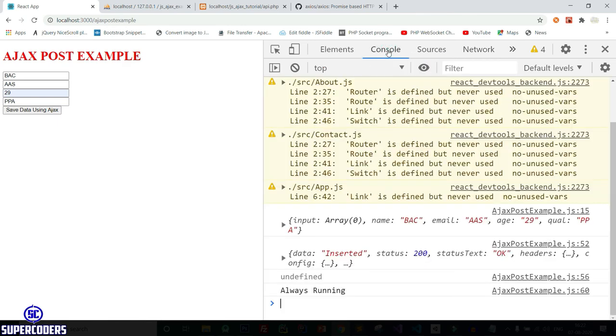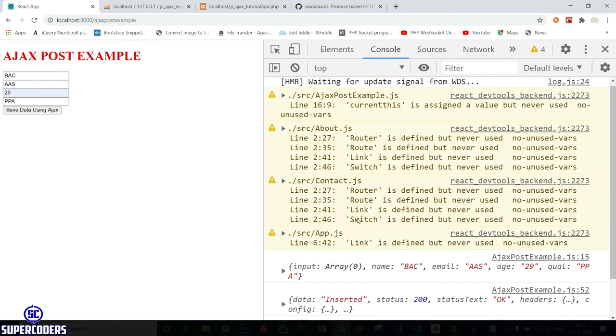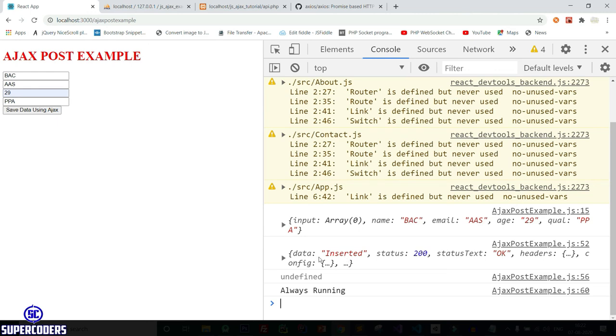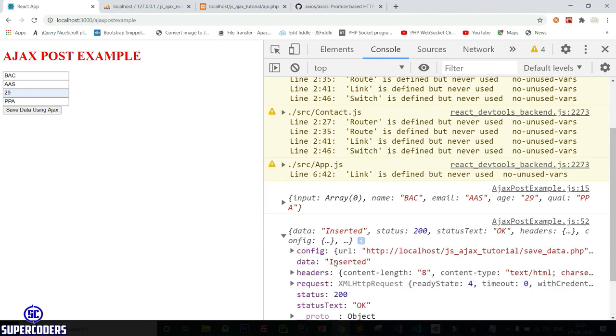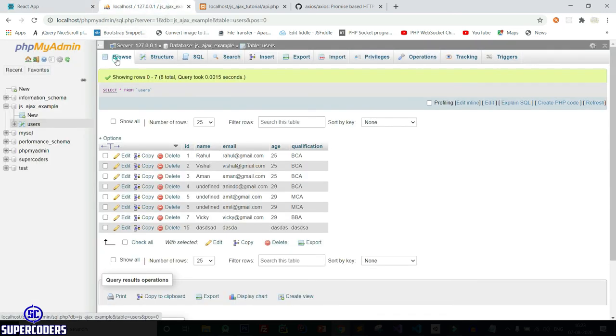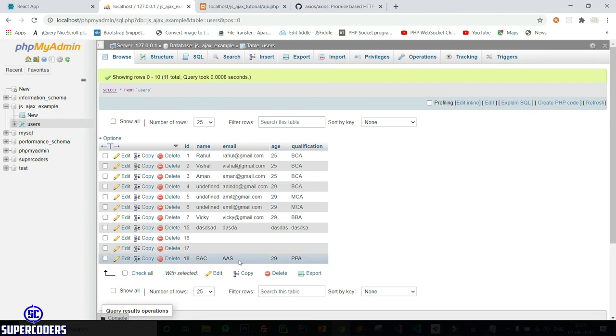And if you check, you can see the response here, it's showing inserted. So our data has been saved in our database. You can see new data has been inserted, and these two data are coming from JSON request which is empty, but this data is coming from form request and it gets saved in our database.